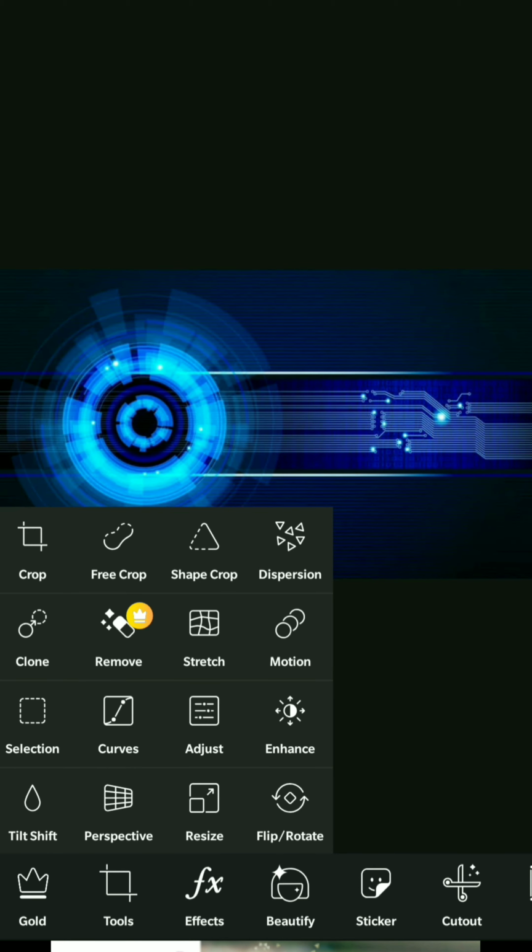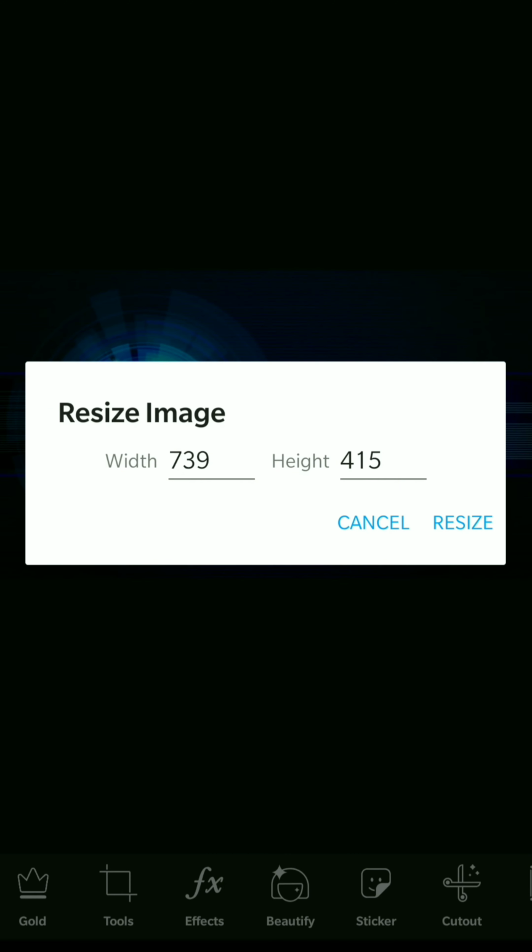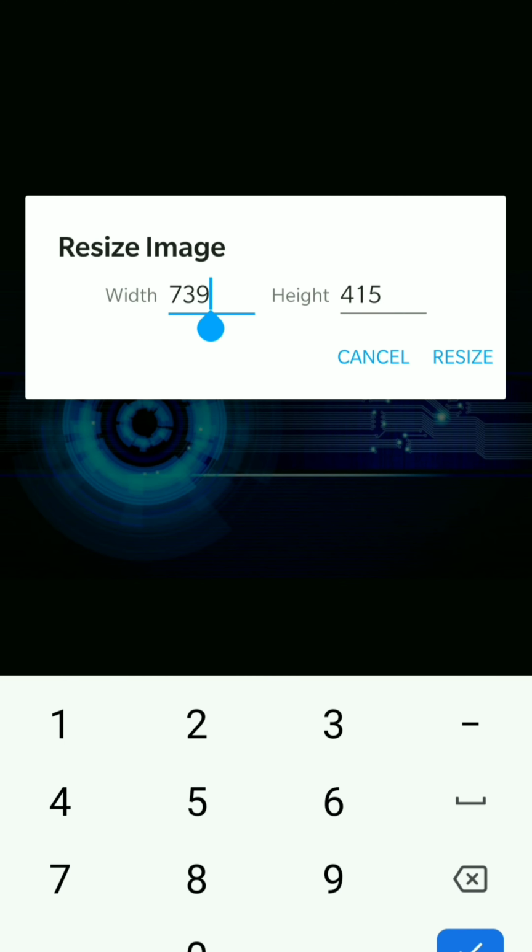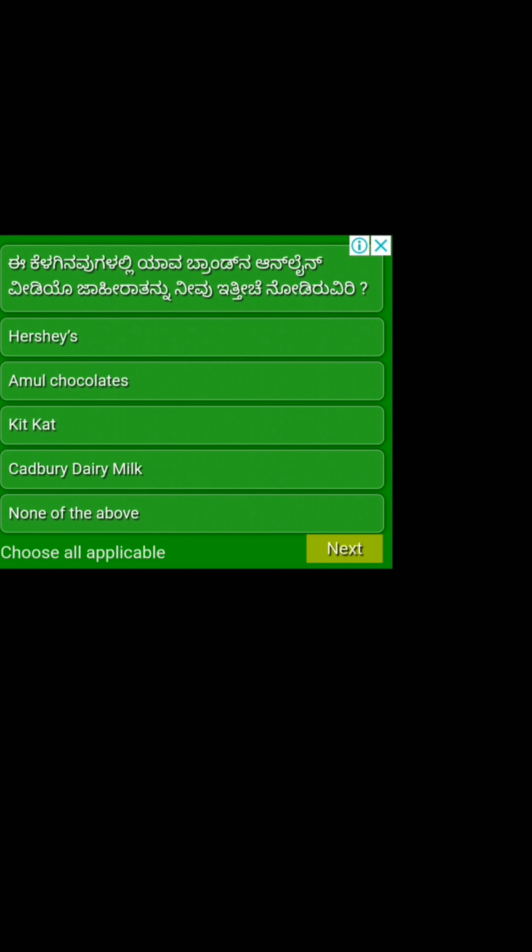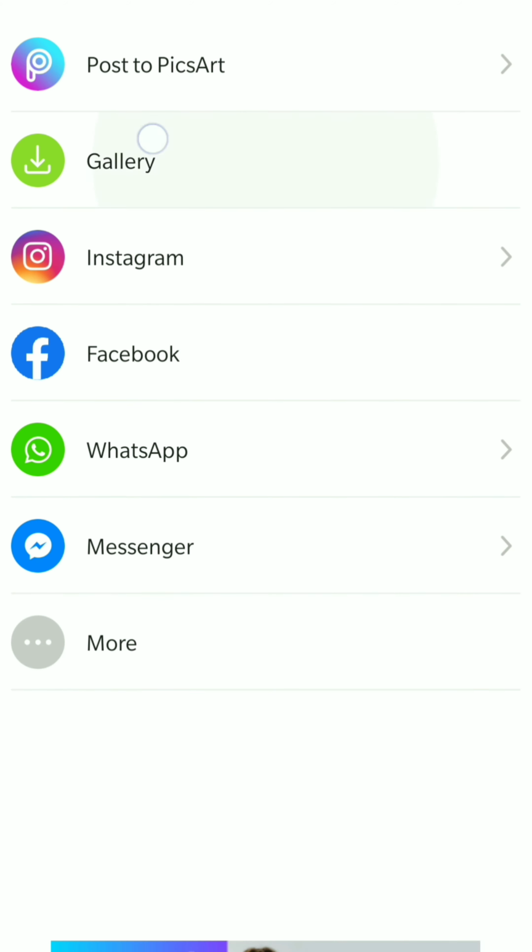If you click on that, you can see an icon which says resize. If you click on that, you can change the size of the image. You can put whatever size you want, 2048 and 1152, and save that image to your gallery. Once you have done that is when you can use that image as your channel art.